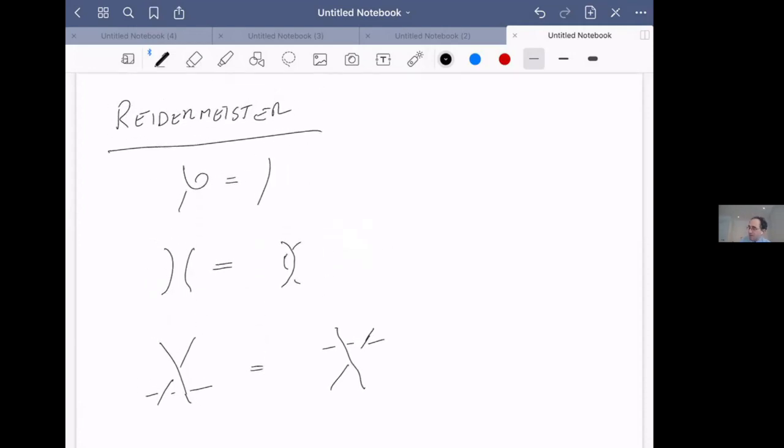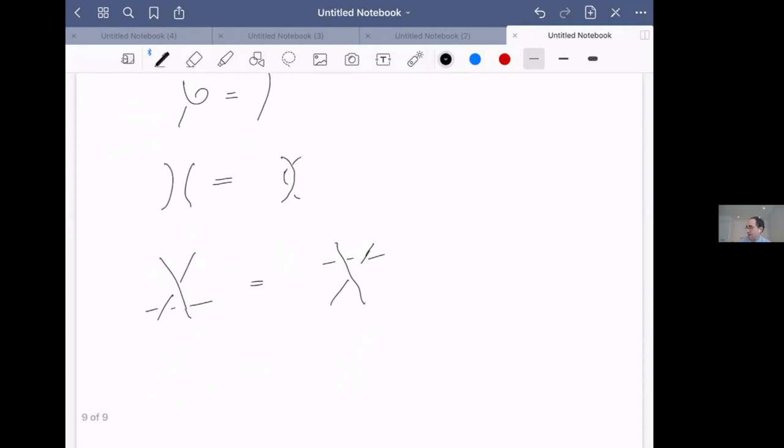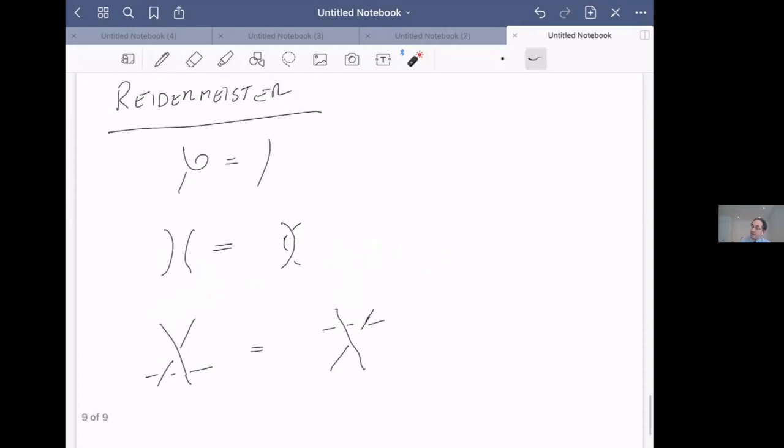I think you need another copy of this where the crossing is above the two and it gets moved up. And the basis of the statement is any two knots that are equivalent can be converted into each other by a series of just these three moves. These are known as Reidemeister moves. Now, in order to prove that the Kauffman invariant is unchanged for any deformation of the knots that you can make without cutting, all you have to do is show that it remains unchanged under Reidemeister moves.